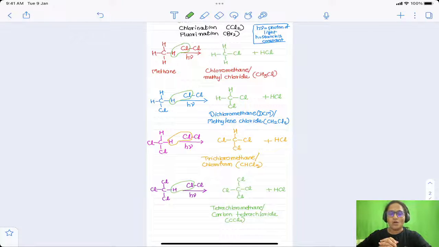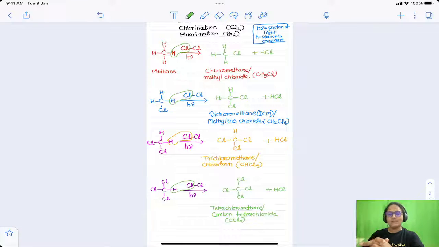Just like methane, all other alkanes will undergo the halogenation reaction, chlorination specifically, in the presence of sunlight. For the chlorination reaction, sunlight is necessary. For the fluorination reaction, no sunlight and no heat is required, because it's very reactive in nature. For bromination, heating is necessary. For iodination, the reaction is a little bit difficult. Prolonged heating in the presence of a catalyst is required for iodination. Therefore chlorination is really very popular in the halogenation reaction of alkanes.